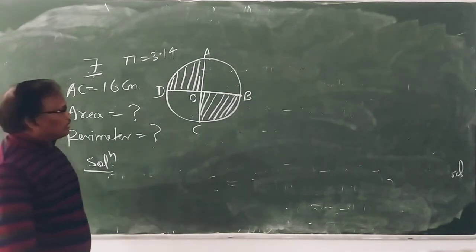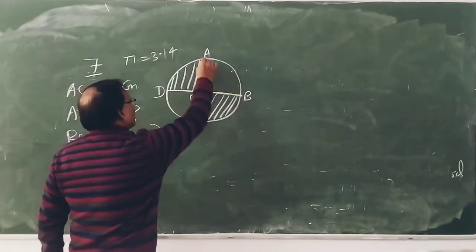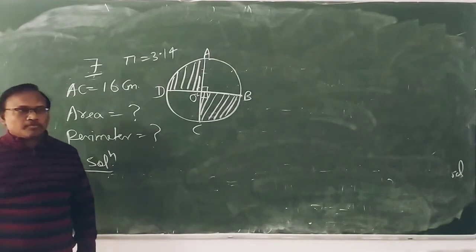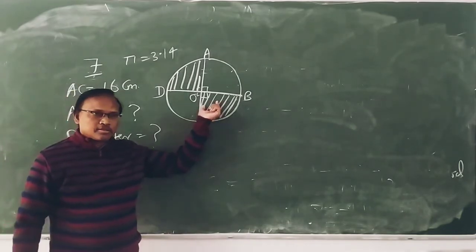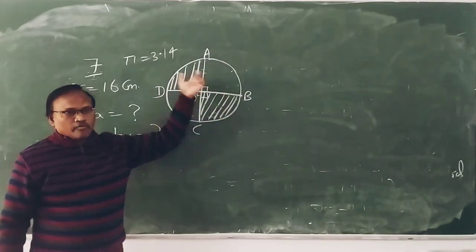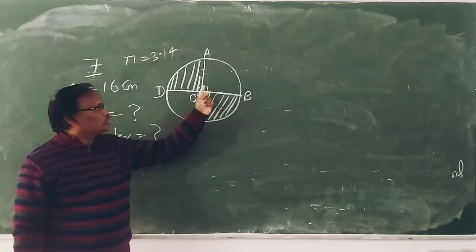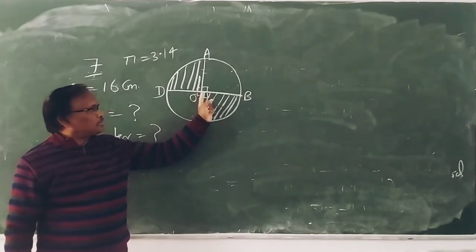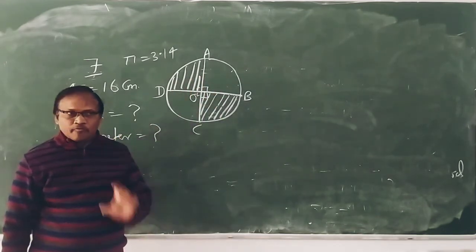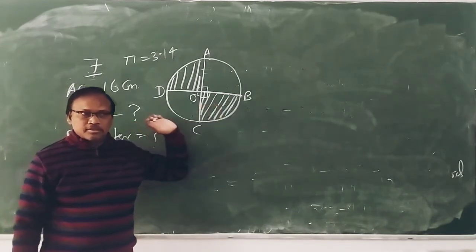How to find the area of the shaded part? These two are diameters and are perpendicular. If these are perpendicular, it means this part is 1/4 of the circle, because all are 1/4. So ये भी 1/4, ये भी 1/4, ये भी. Why is this 1/4? We said the angle at a point is 360 degrees, and 90, 90, 90, 4 times 90 degrees means 360.